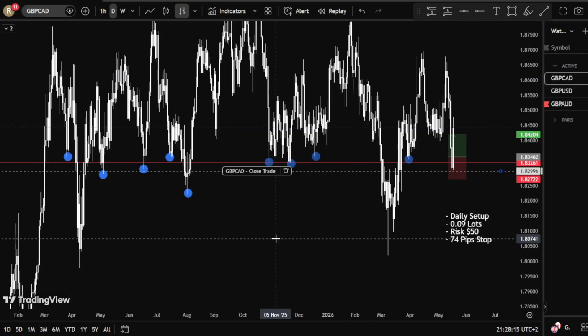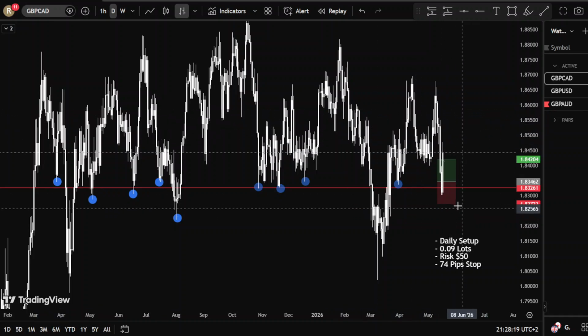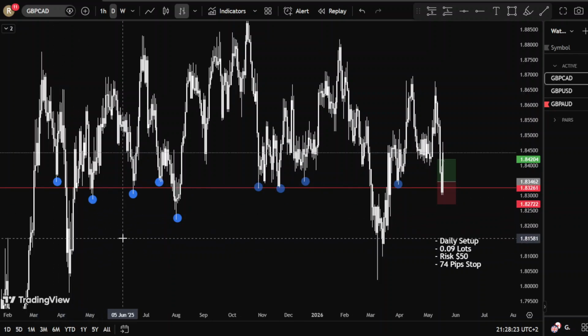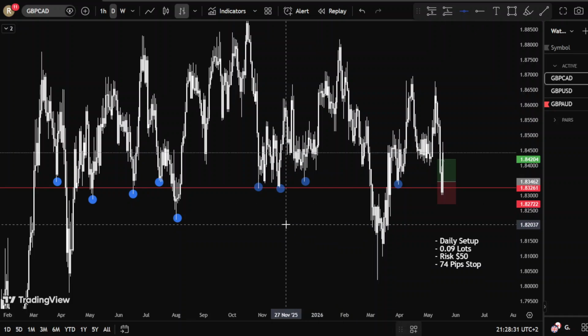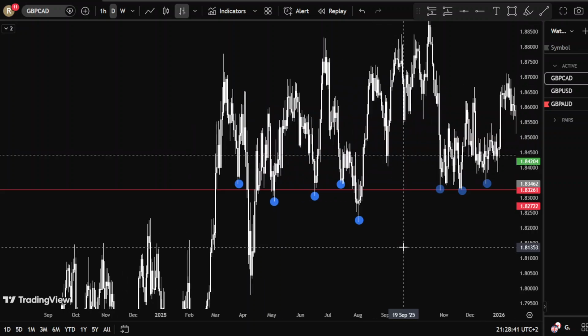So anyway, before we came in here, it's basically just support and resistance, and this red line I draw here is, I just click here, horizontal line, I click the line, I put it here. The reason that I put it here is basically because